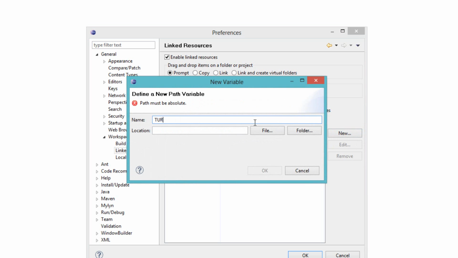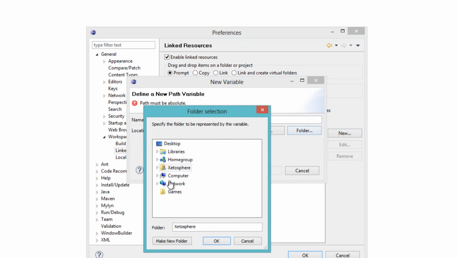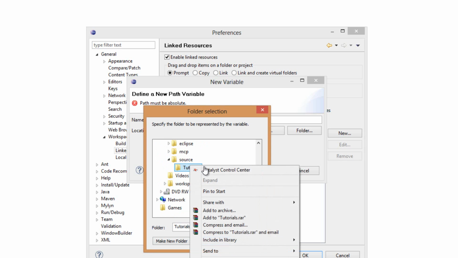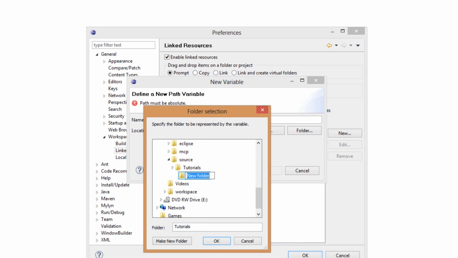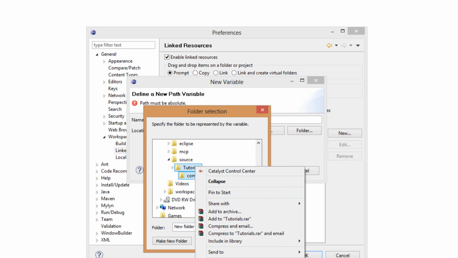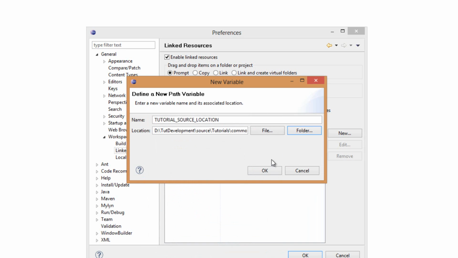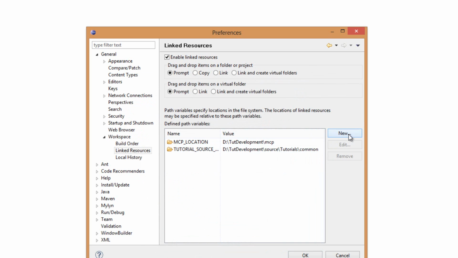So I'm going to add a tutorial underscore source location. And click on folder, computer, D drive, tut development, source, tutorials, and we're gonna make two folders inside the tutorials, one called common and another one called resources, like so. And we're gonna click on common and click OK and OK again. That was for our source